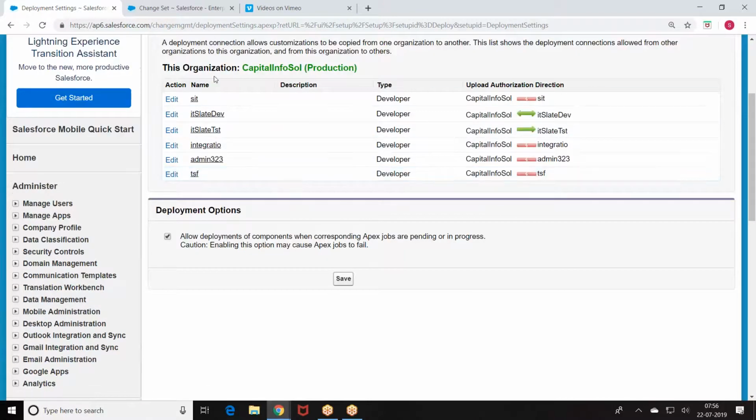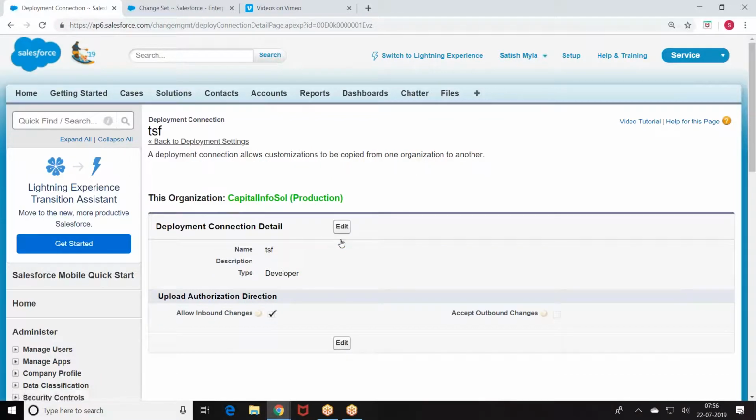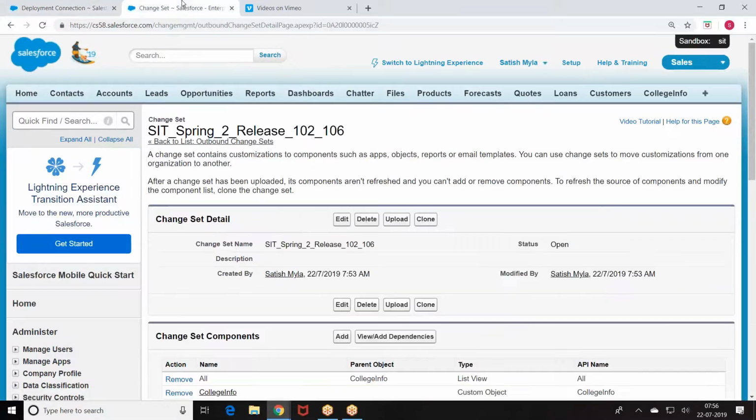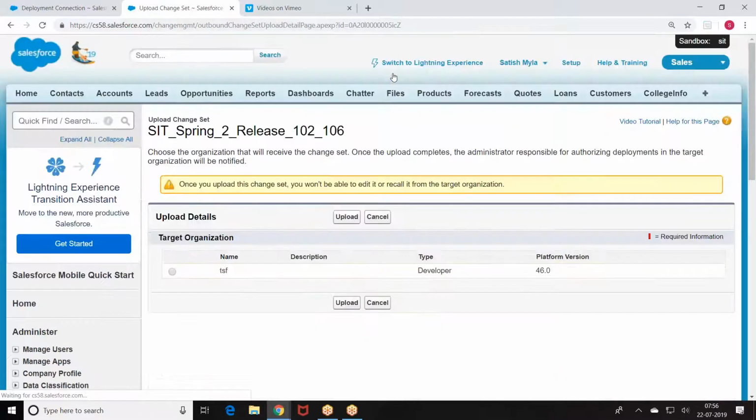There I find the list of all sandboxes. Select the sandbox. Allow inbound changes. When I say allow inbound changes, that means you are saying accept the changes from that particular sandbox.